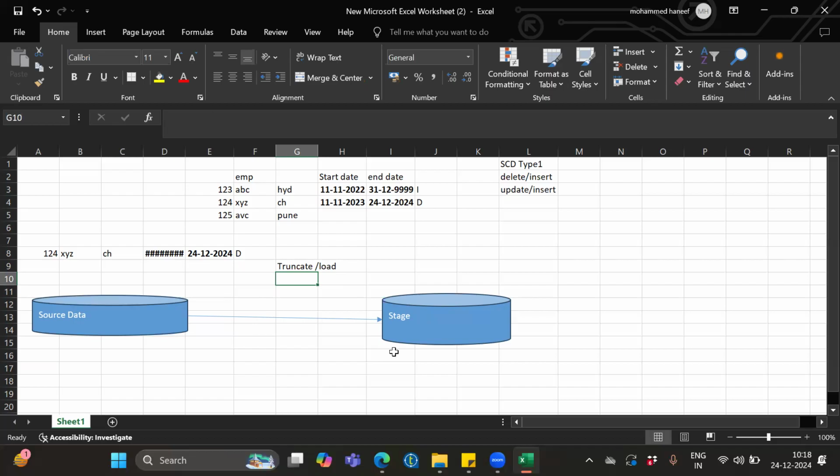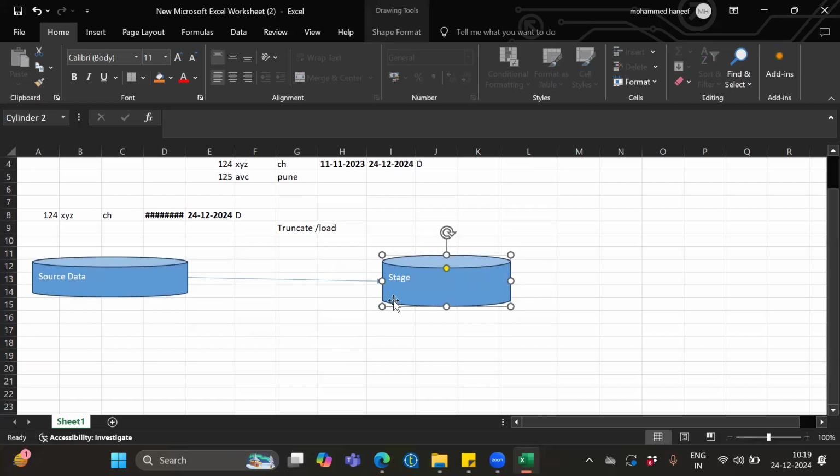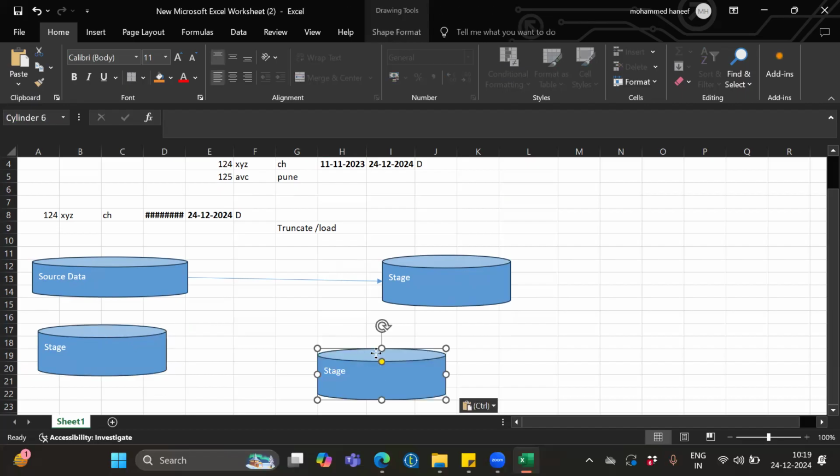So this is one step you completed. Next step: you already extracted the data into the stage table, so now you don't require the source data. Based on the stage table, you use this stage as the source in the next layer, and from here you need to perform SCD type 1